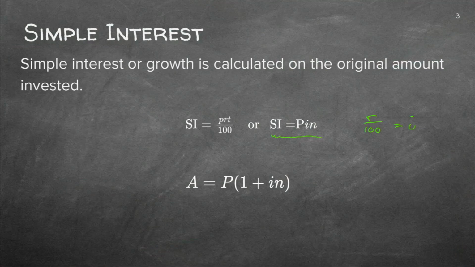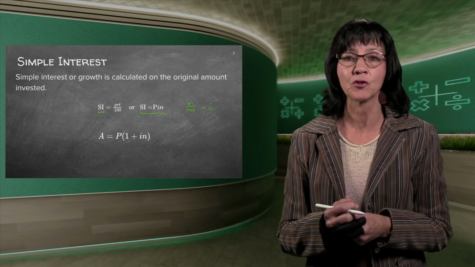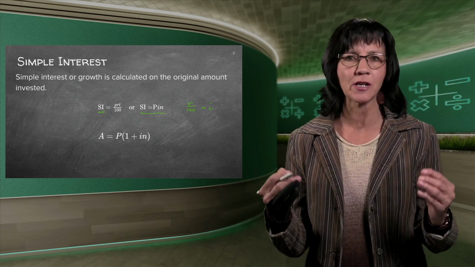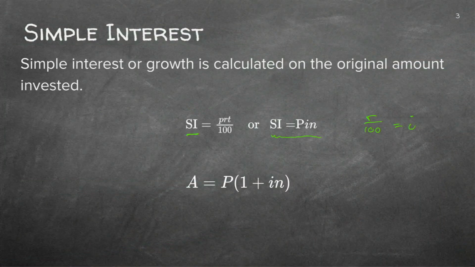You'll see the SI there. That is the interest itself. And what is interest? That is the extra amount of money that you have to pay. If you borrow money from a bank, you're not only going to pay back the money you borrowed, you're also going to pay back interest. And this is very simple. That's why we call it simple interest. And then we're going to use it in this formula at the bottom.